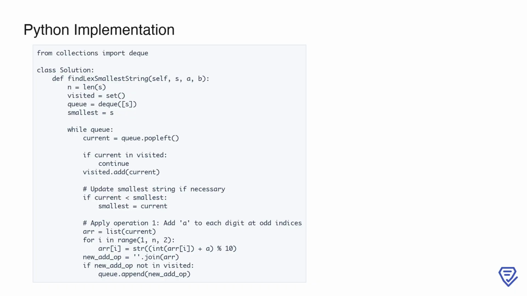At each step, we dequeue the front element, and if it's already been processed, we skip it. Otherwise, we add it to the visited set. Next, we check if the current string is smaller than our smallest string, and if so, we update the smallest